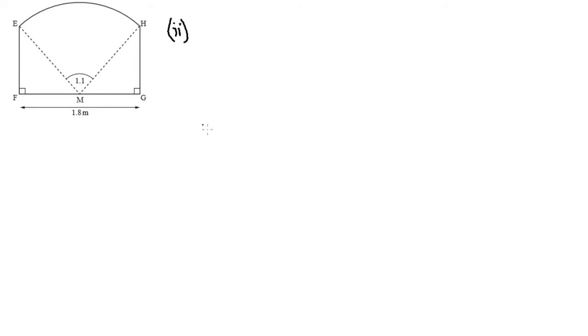The only thing you know is MG and FM because they're half of FG. So this is 0.9, this is also 0.9, and you know that this entire thing, the angle, is 1 pi radians. So pi subtract by 1.1 divided by 2 is the angle of HMG